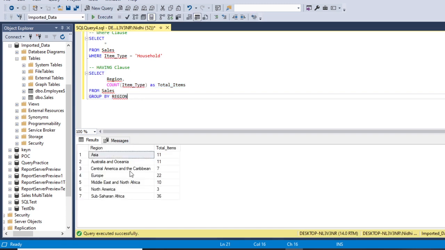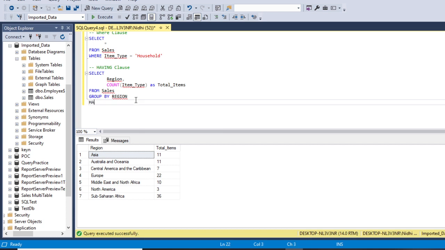Now as you can see, we have got all the rows at region level, and it is giving us the total count of our item types. If we want to apply a filter on this aggregate data, then we need to use the having clause. Suppose we need only those rows where our total items are greater than 7.